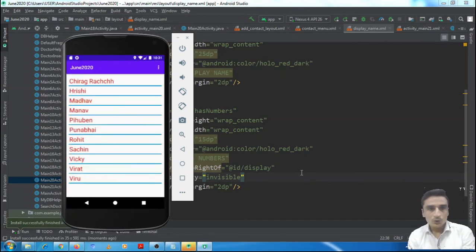So you can see here that the additional field which had phone numbers is removed. That is, we have made it invisible.